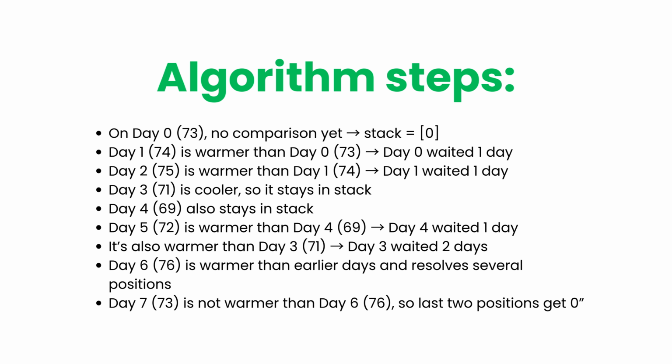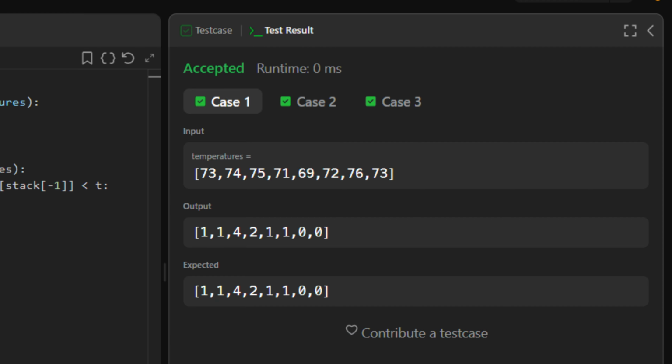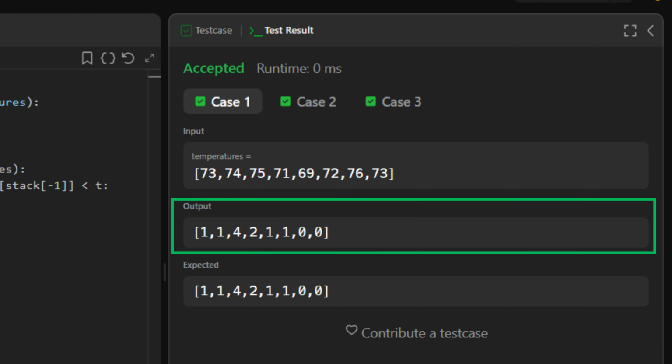Day 5 is 72, which is warmer than day 4 at 69, so day 4 waited 1 day. It is also warmer than day 3 at 71, so day 3 waited 2 days. Day 6 is 76, which is warmer than earlier days and resolves several positions in the stack. Day 7 is 73, which is not warmer than day 6 at 76, so the last 2 positions get a waiting time of 0. By the end, every index in the output array correctly represents the number of days until